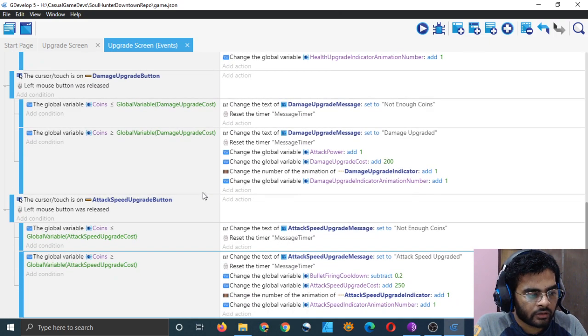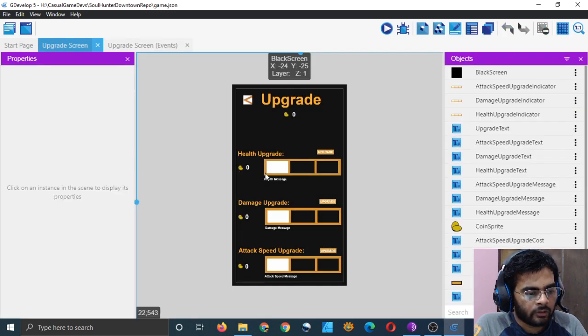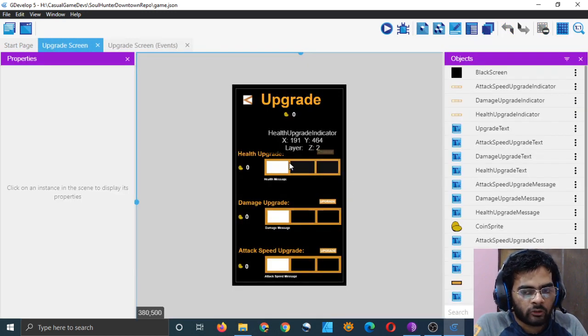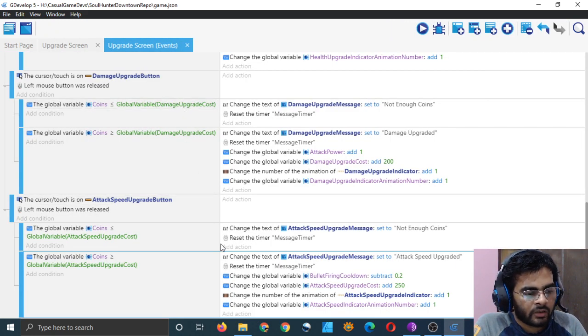But one more thing, we have to check if we have upgraded fully. We shouldn't be allowed to upgrade after we have upgraded fully. So a full upgrade means that our animation numbers will be equal to 2 in all cases. In the beginning our animation number will be 0. We will add 1 to it, and then again we will add 1.